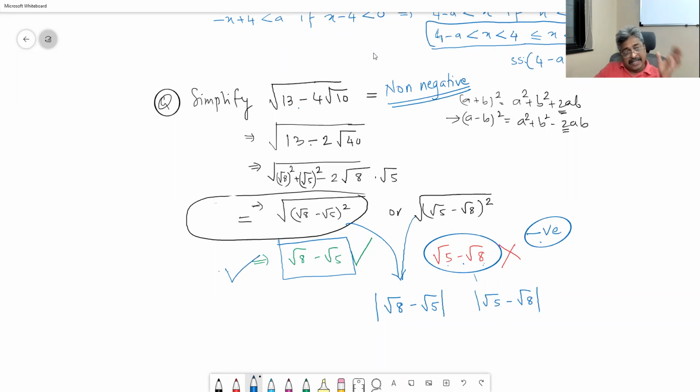Even if their squares are the same, because this radical sign comes into the picture. The moment you use the definition of this radical sign, the answer has to be non-negative. However, root 5 minus root 8 is not non-negative, therefore it cannot be the answer. I think it has a very good learning value. So shall I give a problem from here, or shall I give you the next problem?